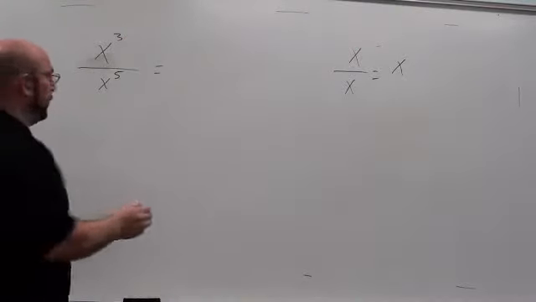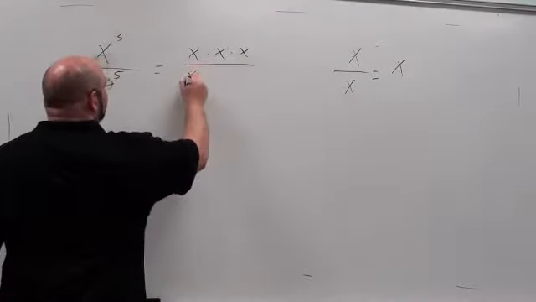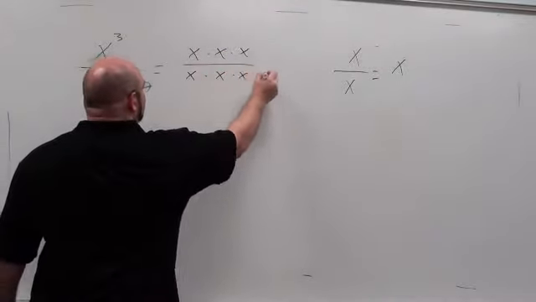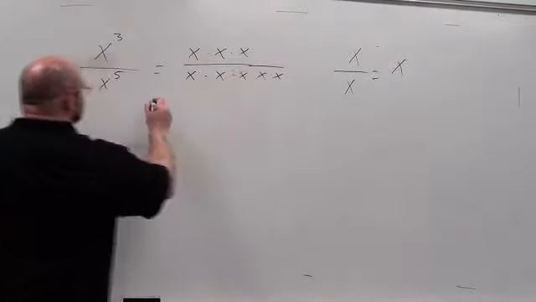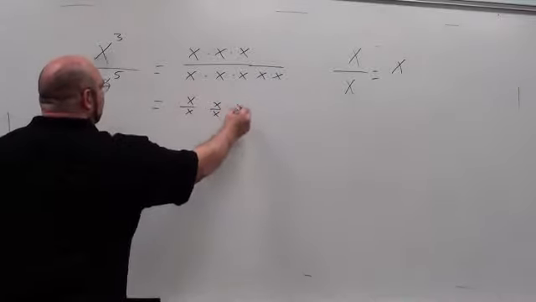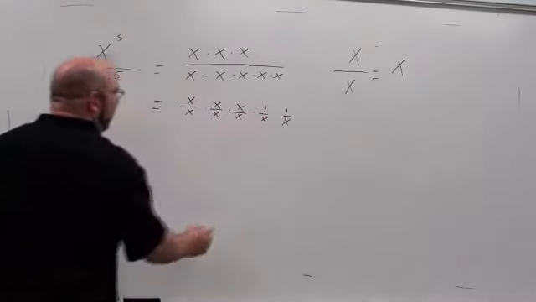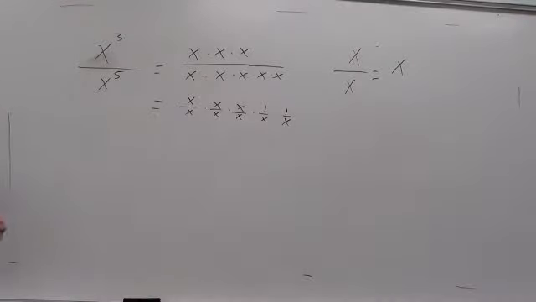So if we look at it this way, x times x times x over x times x times x times x times x. This becomes x over x, x over x, x over x, 1 over x, 1 over x. Right? Now,